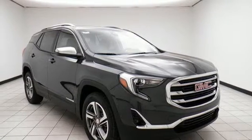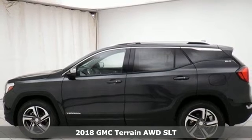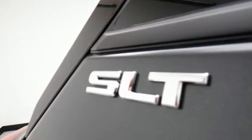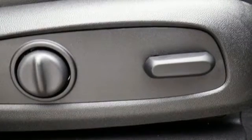Here's a 2018 GMC Terrain. This SUV will be the perfect fit for your family with power and efficiency and surprising cargo space. A great vehicle is comprised of great features like these: integrated navigation system with voice activation, Apple CarPlay, Android Auto,